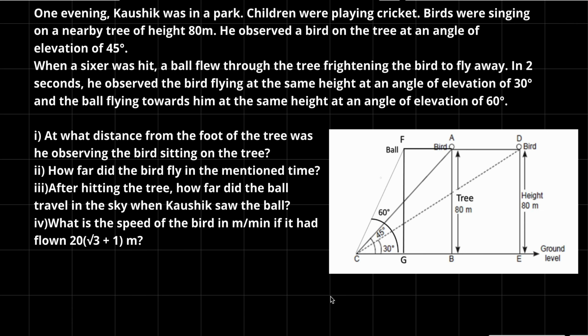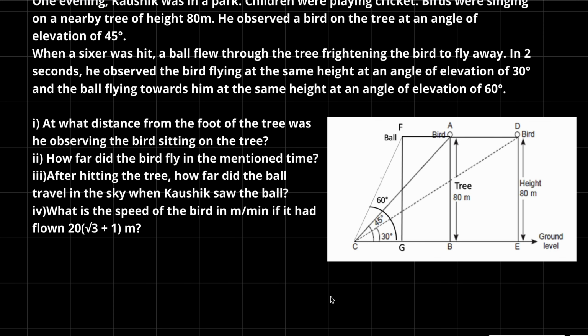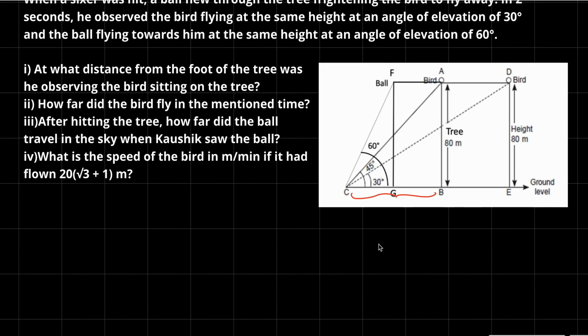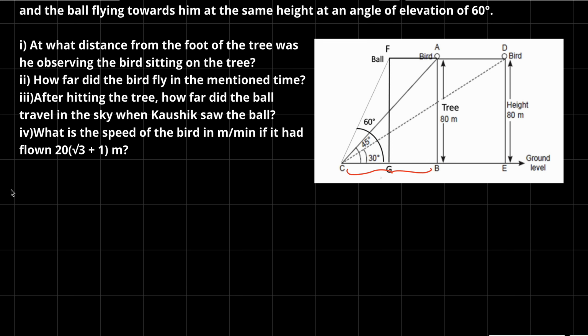Now going to the first problem. At what distance from the foot of the tree was he observing the bird sitting on the tree? Now, according to this, we want to calculate the distance BC. The side BC belongs to the triangle ABC, and we know the side AB, which is 80 meters, and also the angle of elevation here, which was given to us as 45 degree. So now using the right trigonometric ratio, we can calculate